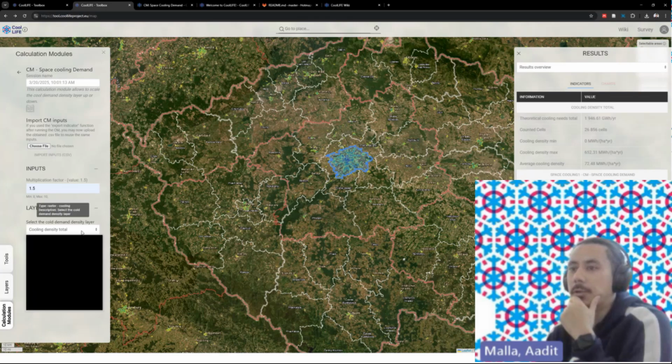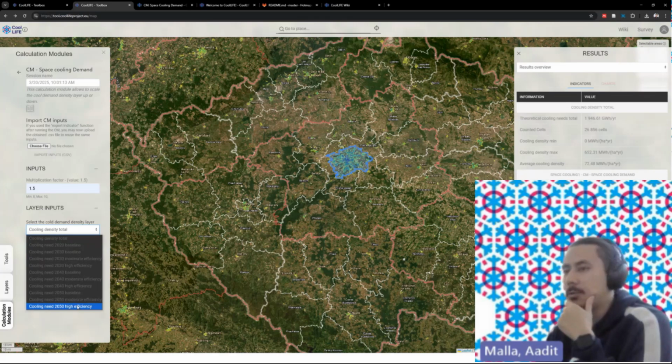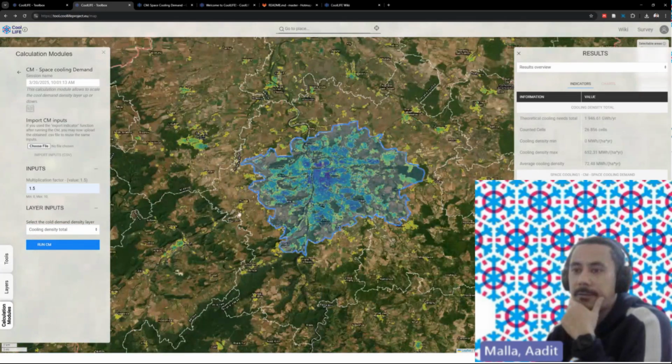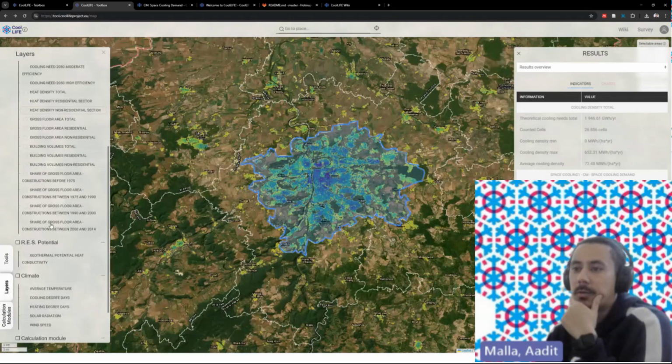And of course, you can do it for the default layers, but also for each of the available layers to make the demand projections look more realistic for a local assessment. And once you run the CM, you can see how the demand of the overall city would change with this demand scaling factor. And of course, then if you go to the layers tab, you can go down and